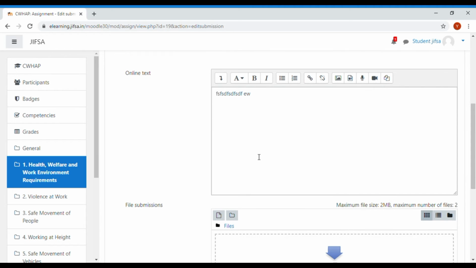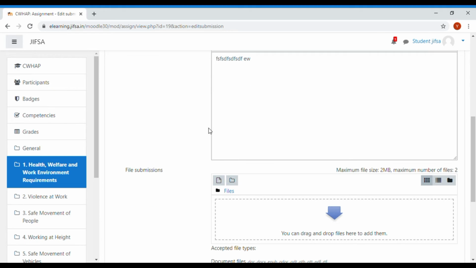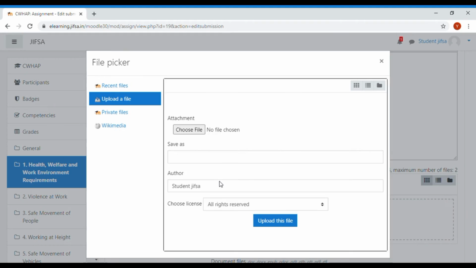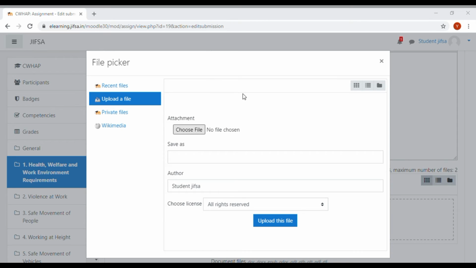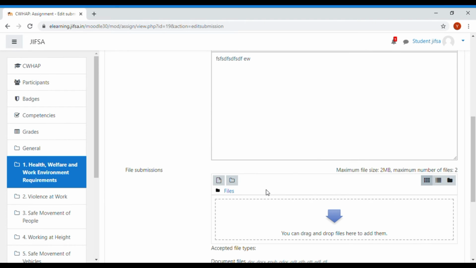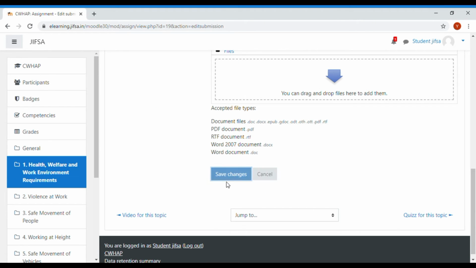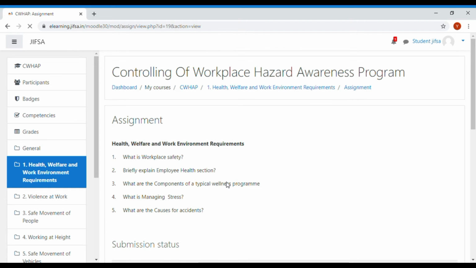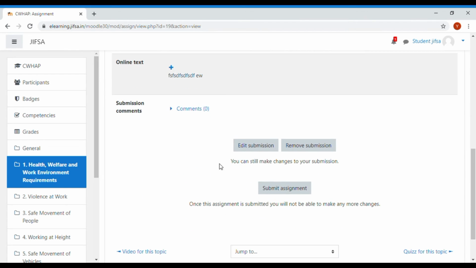If you have any external files you want to upload, such as a diagram or any activity, you can just upload your file by choosing a file from your computer, and then save the changes. After saving, your screen shows three buttons: edit submission, remove submission, and submit assignment.